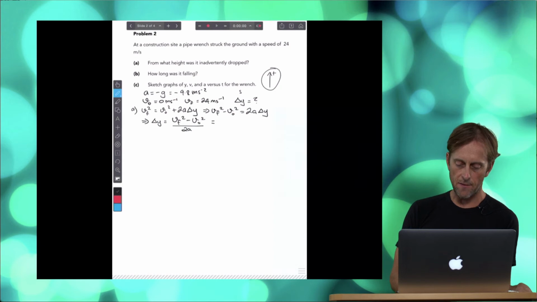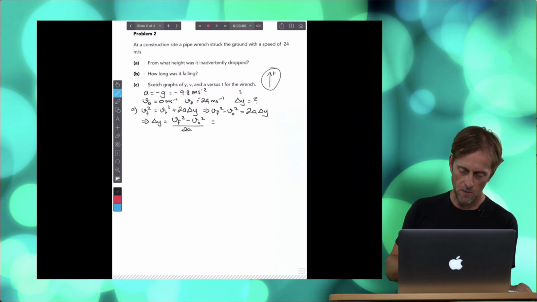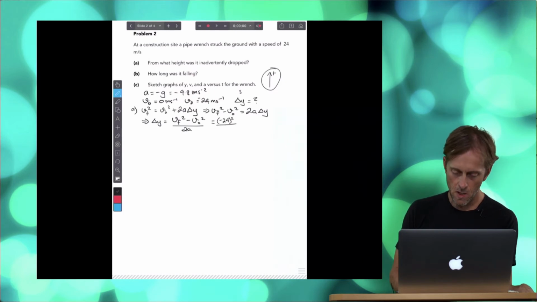You'll notice up here that I have vf equals 24 meters per second. Well, it should be minus 24 meters per second because it's in the opposite direction, it's downwards. Its velocity is going to be downwards, finally. So we get negative 24 squared, which doesn't even matter really because you square a negative number and you get a positive number, minus 0, so we can leave that bit out, divided by 2 times our acceleration, which is negative 9.8 meters per second squared. And if I do that calculation, I get negative